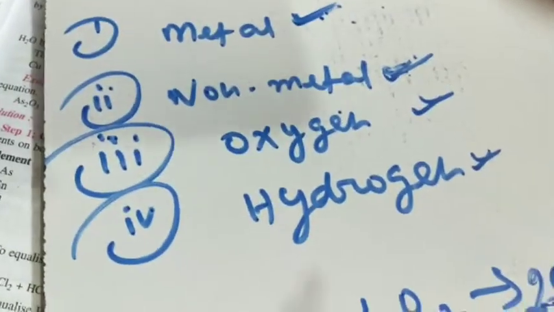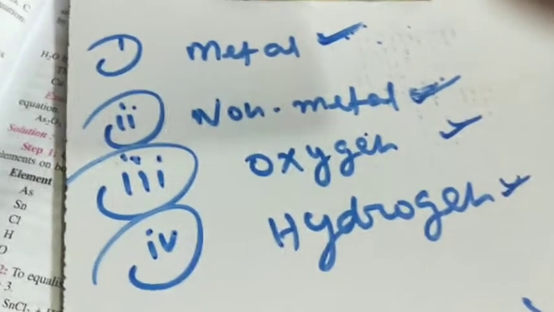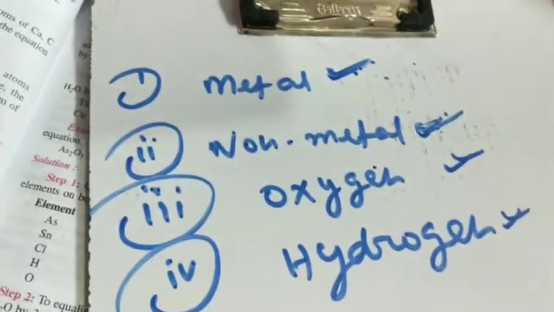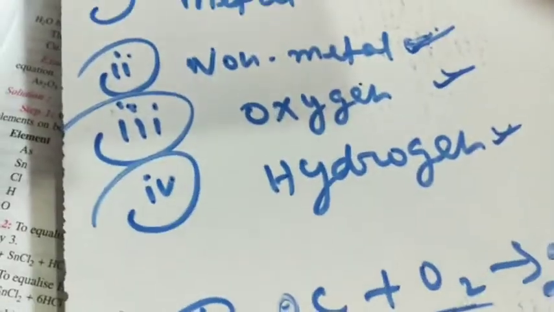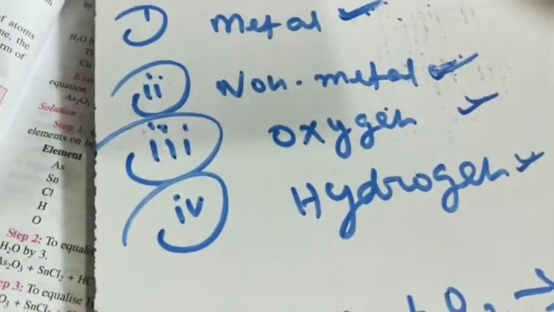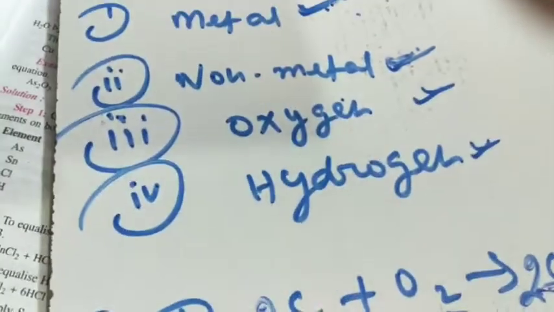Now according to the rule, after balancing the preceding step, you go on a backward step. In the backward step, that is non-metal, carbon: on the left hand side only one carbon, but on the right hand side two carbon. So you apply 2 here. Now you check again. 2 carbon on the left hand side, 2 carbon on the right hand side, 2 oxygen on the left hand side and 2 oxygen on the right hand side. In this way, this equation is balanced because the number of atoms on the left hand side is equal to the number of atoms on the right hand side. It is the way of balancing the equation.